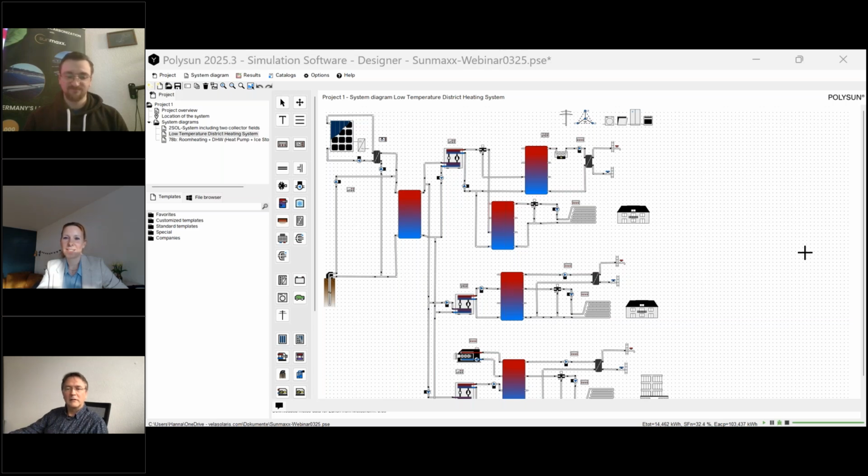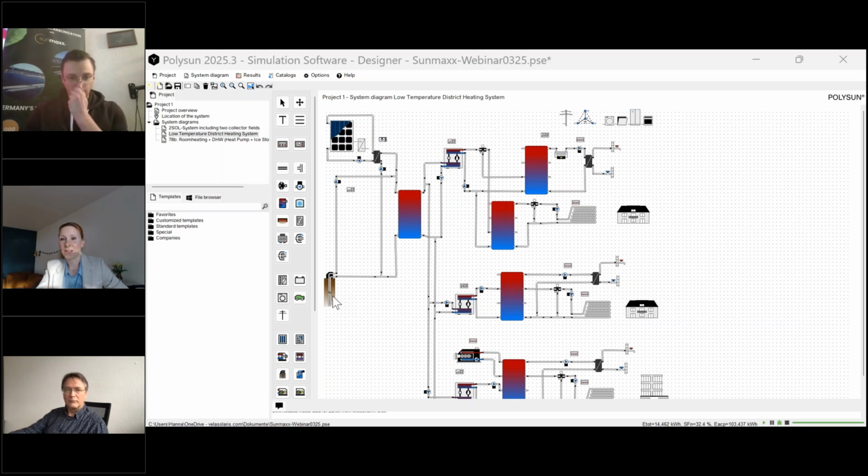Quickly add to that. It's a very good question that can be answered with Polysun. Basically, if, as Mr. Köhler said, you have at least an idea of how the ground is, and it's not just the stone or the earth itself, but also the water content of the ground that influences the energy flow, this can all be considered in the component ground source loop in Polysun.